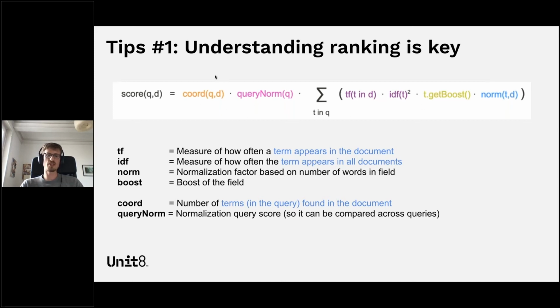And finally, on the other side of the equation, we have here this score term that computes how many of all the words that we have in our search are matched. So if you're matching all the words, it will be higher. If you're matching only one of the words, this will be lower. And finally, this term is not very helpful. It's just a normalization. So all the queries that you'll make will have kind of similar scores. So you can kind of compare the different queries together.